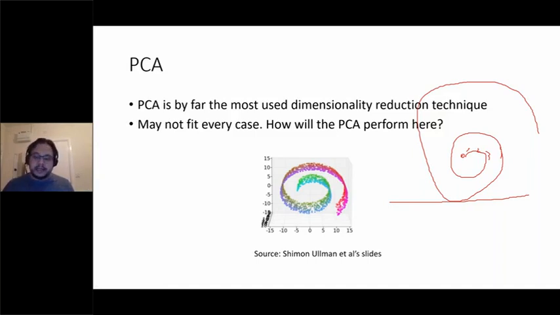This other technique, it's like we stretch it. Exactly, we stretch the line. It was a circle, it was circular. Now we make it a line, a continuous line. And this is better for this case. The PCA will be a poor dimensionality reduction technique to be used here. This is a better way of doing things.